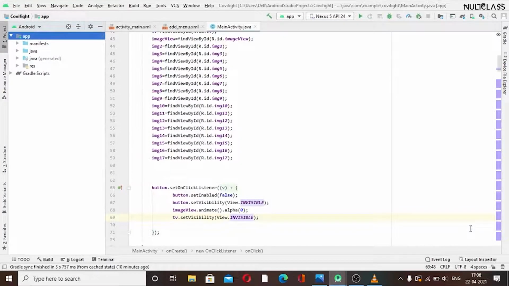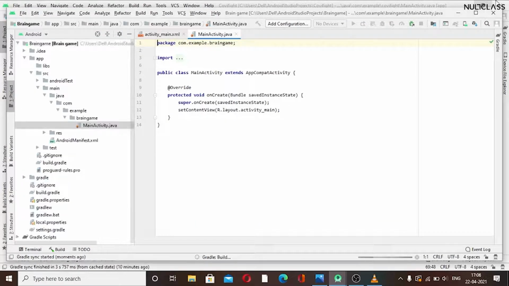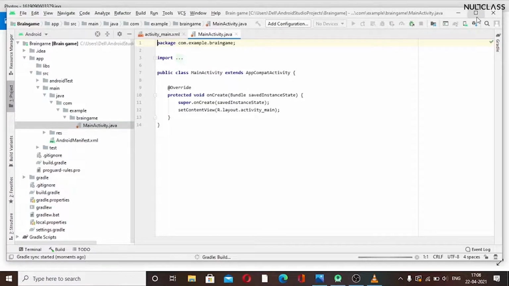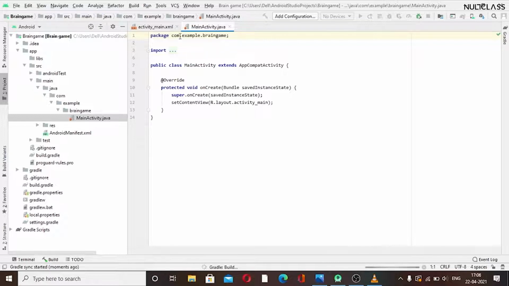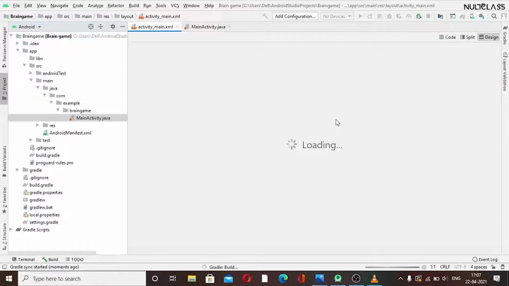Initially we want our app to show a go button to start, so that first I will start the game, and initially we have to set its visual part. So we go to the design part, and in this we have to set the visuals of our app. Firstly we will be creating a big go button at the middle of the screen. As soon as we click the go button, these questions should appear. So it will be a user interactive way, it will be good for our app.